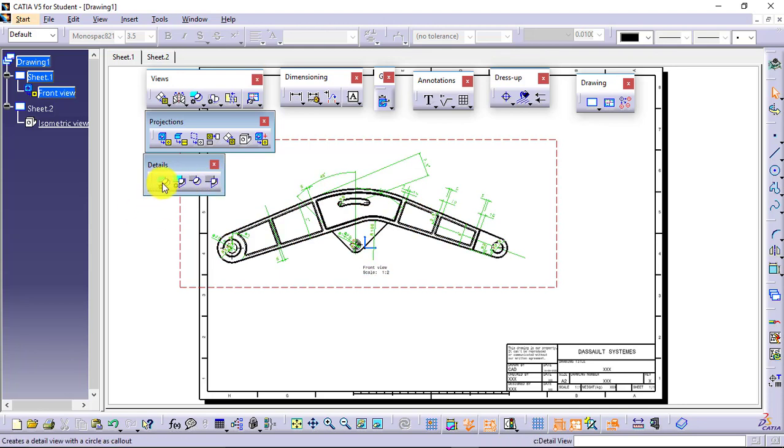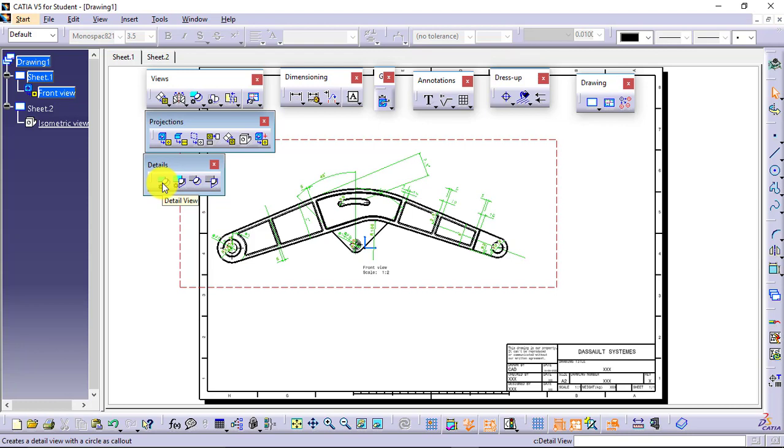I want to show some details of a small feature or a particular small entity which is impossible to dimension and impossible to show in the complete view, because it is too small. How that feature will look, I will not be able to show in the views.